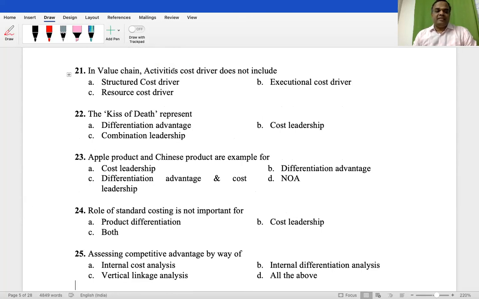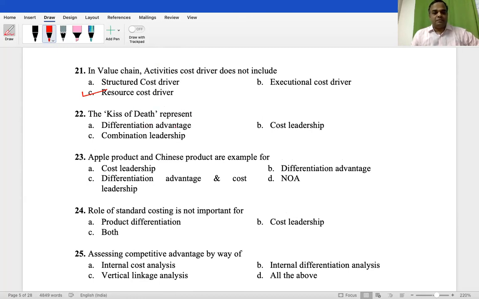In value chain analysis, activity cost driver does not include structural cost driver, executional cost driver, or resource cost driver. Resource cost driver. In VCA, value chain analysis, it is the execution cost driver. Next, the kiss of death represents